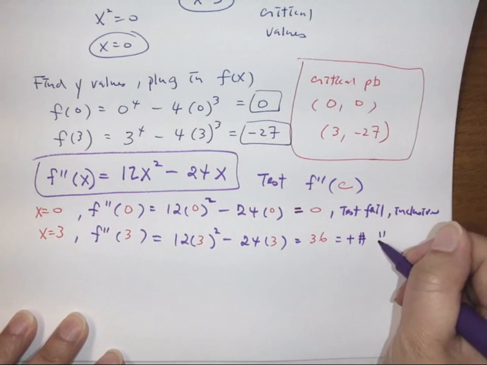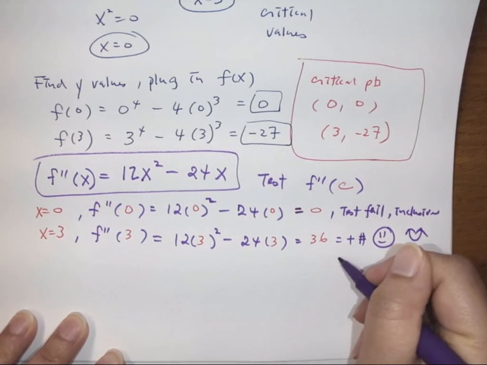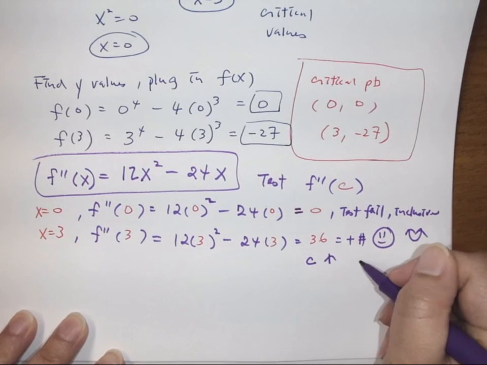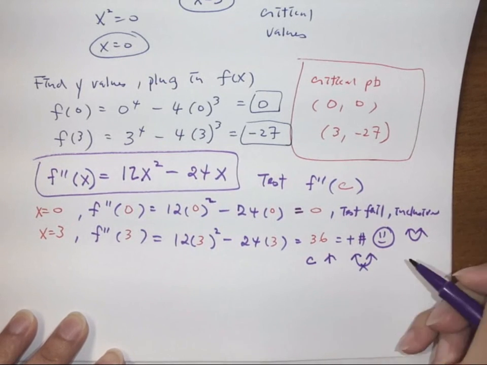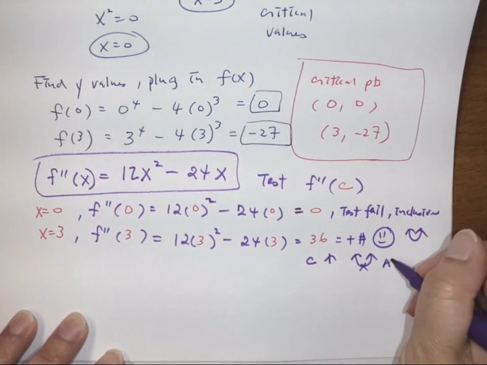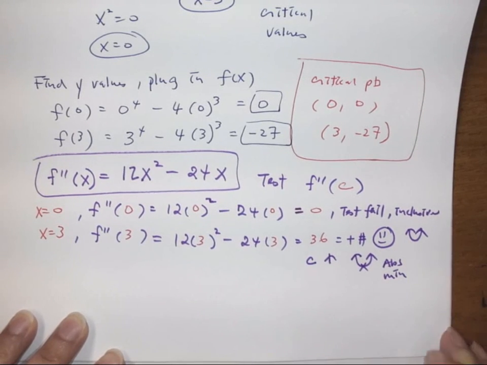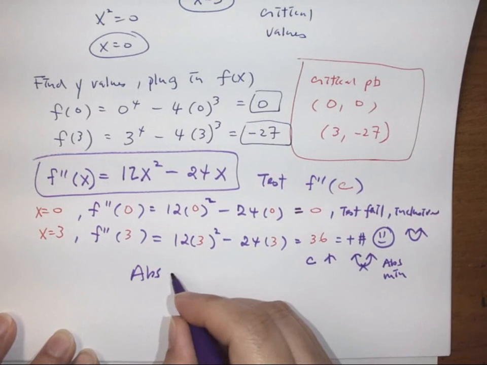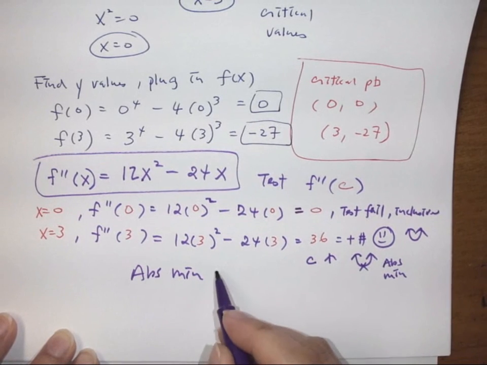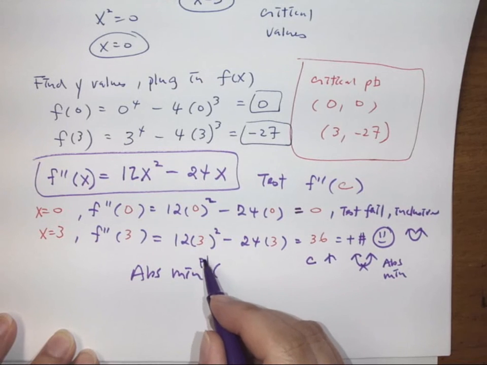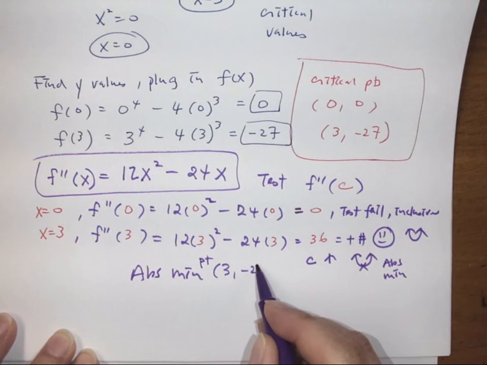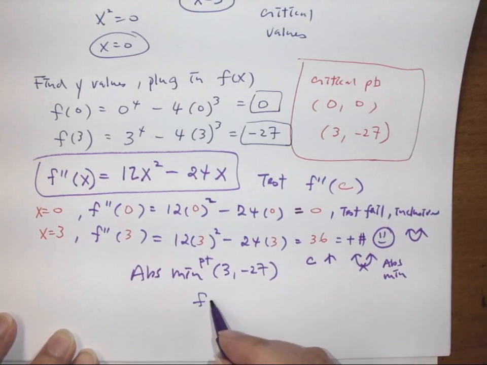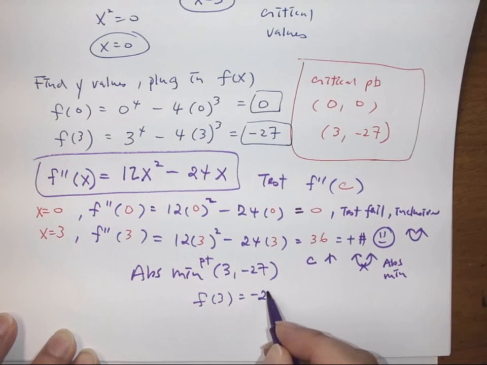Positive number means you have a concave up. So if you have a concave up, then it means this is an absolute minimum. Okay, so your absolute minimum is going to be at the point 3, negative 27,